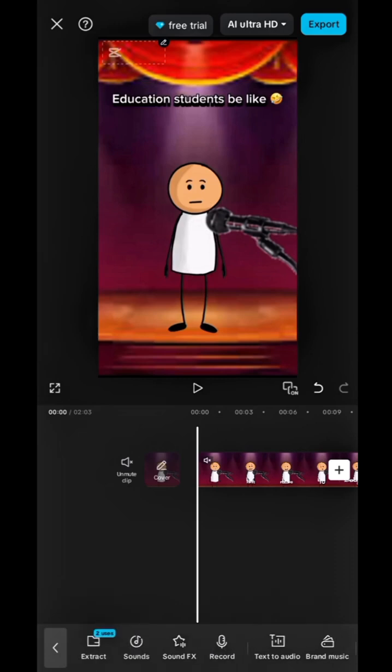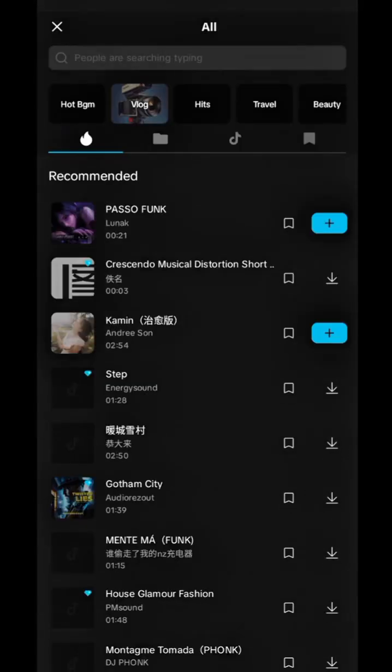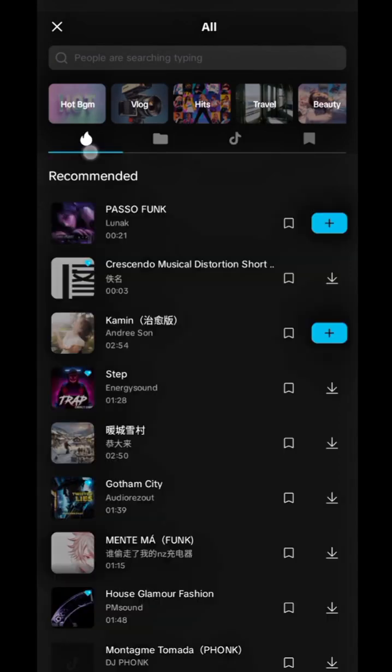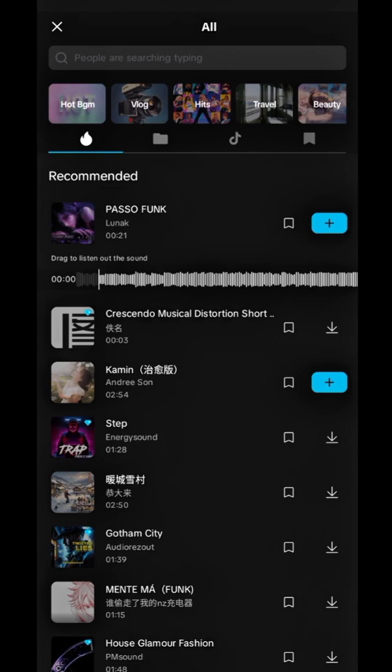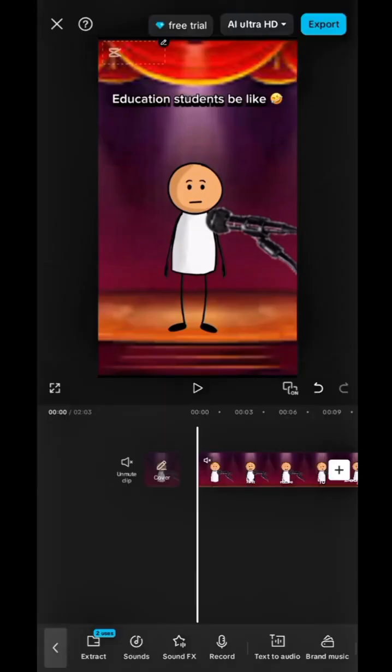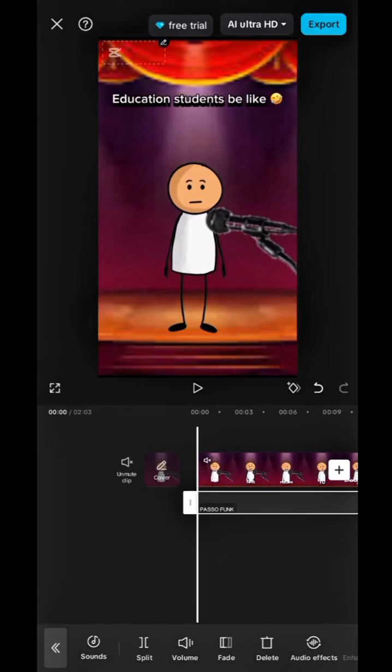But now I want to use sounds. So I'll be using sounds. I'll click on sounds. It will bring me here. Here I have, these are TikTok videos and CapCut videos. I have not linked this to my TikTok, so I'll choose here. Let's assume I want to use this. So I select it. I press. This is if you want to use this type of audio, but if not, let me delete this